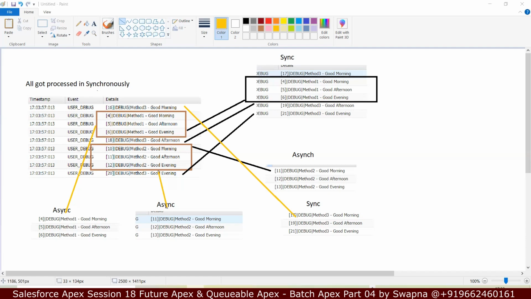Swapna, any real-time example on this? Right. So for example,